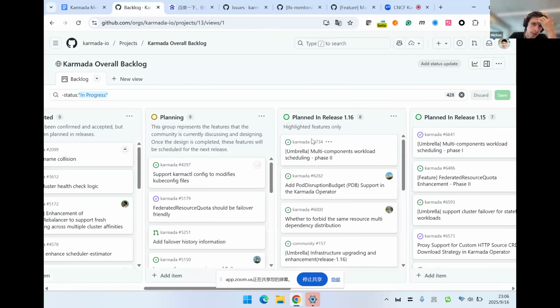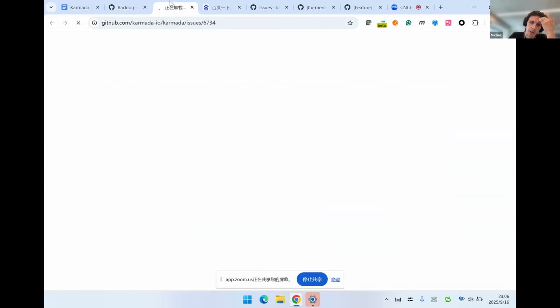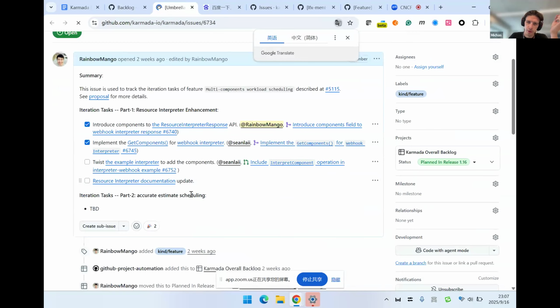Out of curiosity, if you were to enable the multiple component scheduler feature gate right now, the component requirements will populate in the resource binding, but will the resource estimation break, or will it automatically call the older get replicas interpreter?